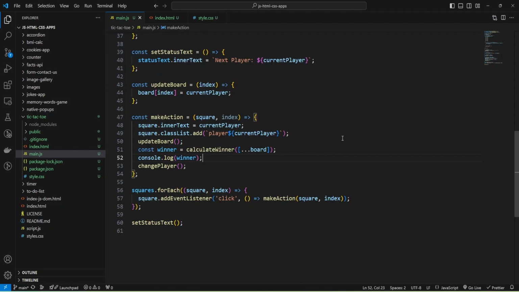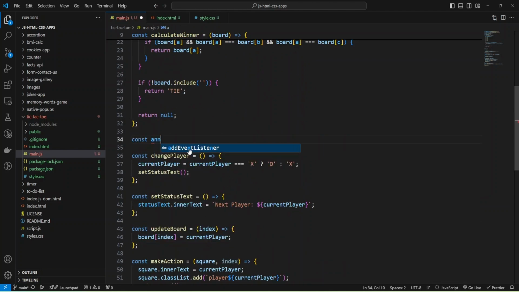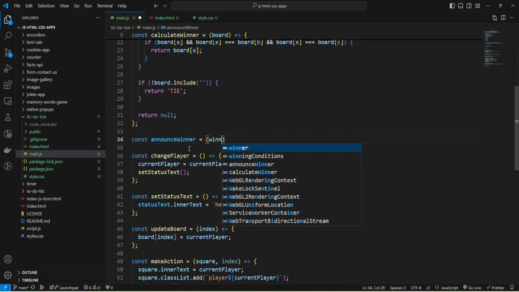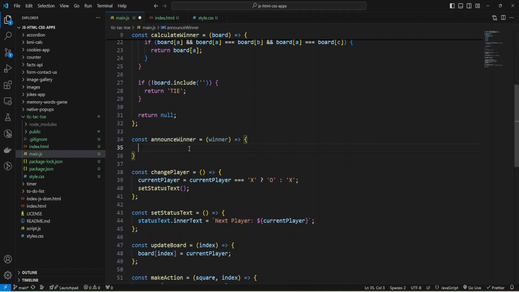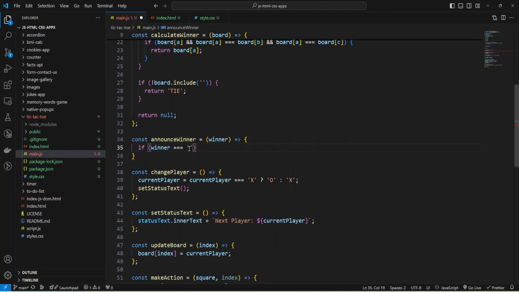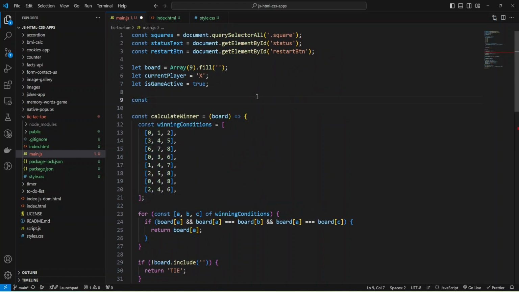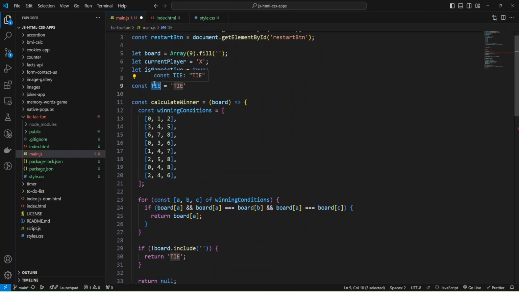And now we can update our status. And for that, I'm going to create announce a winner function. Const announce a winner. It will be a raw function that will take a winner as argument and check if winner equals tie. And we can create const for our tie. Const tie equals to tie, and use our const in the code.